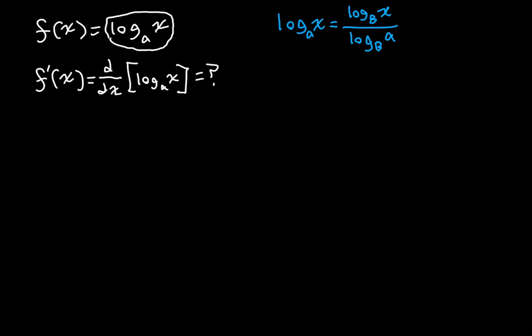B could be 10, b could be 3. It doesn't matter what a and b are. You can make this transformation and it will always be true. So what if we just said that b is equal to e? What if we say that,